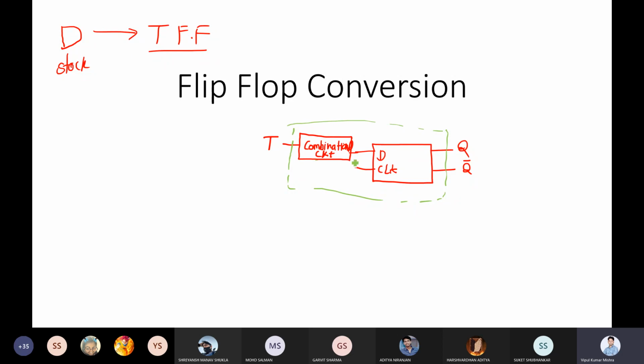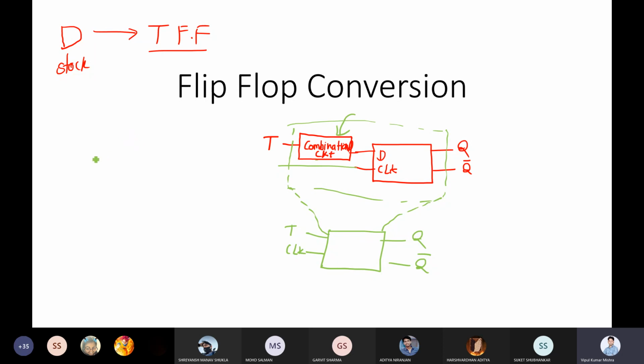So once you club this entire structure into one box, right, in that case you will have a flip-flop that has T and clock as the input, and Q and Q bar as the output, where inside this box we have a combinational circuit along with a D flip-flop. So now we have to figure out this additional combinational circuit that gives you the functionality of a T flip-flop, but the output of this circuit will go into the D flip-flop, right? So ultimately the goal of this conversion is to find out this combinational circuit, right?